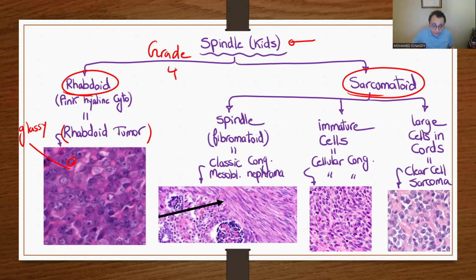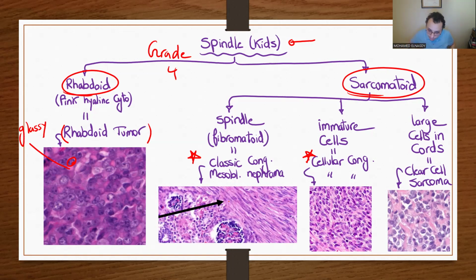So rhabdoid, we're done. Pink, hyaline, glassy cytoplasm, and pushed nucleus to the periphery, rhabdoid tumor, and then we have the sarcomatoid. Sarcomatoid is kind of tough a little bit, but not really, honestly. The most important one is the congenital mesoblastic nephroma. This congenital mesoblastic nephroma, it comes a lot in the board questions, which I always say when you see sarcomatoid,